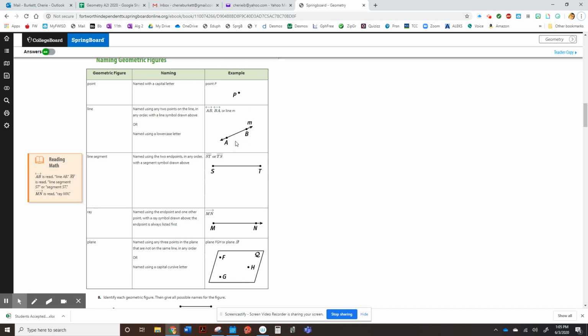This one right here is telling you there's two ways to name a line. A line can be named by any 2 points on that line. And if you name it this way, you must include the symbol on top, and the symbol on top must have 2 arrows on the end. If you don't put the 2 arrows on the end, it gets confused with the line segment, which is also 2 letters that are on a part of a line and do not contain letters. So here's where it gets confusing. Yes, this is named line AB,